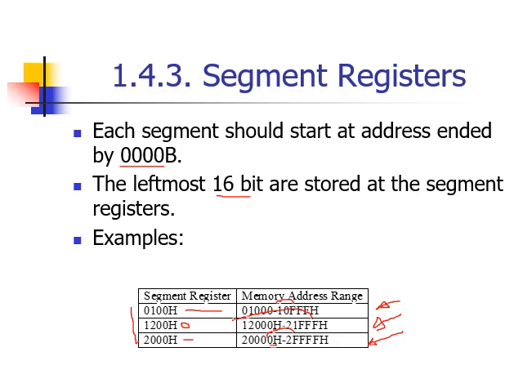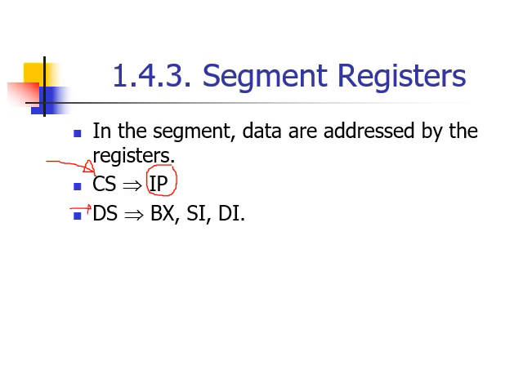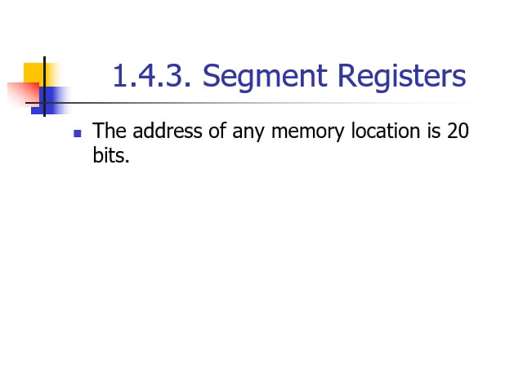Okay, segment registers. Again, the segments that are addressed by the registers. If you are dealing with code inside your code memory segment, you'll use the instruction pointer to point to the address of the instruction to be executed. Dealing with the data memory segment, you will use these three registers to point to a specific piece of data inside your data memory segment. In the stack memory segment, you are going to use these pointers, the base pointer and the stack pointer. In the extra memory segment, use